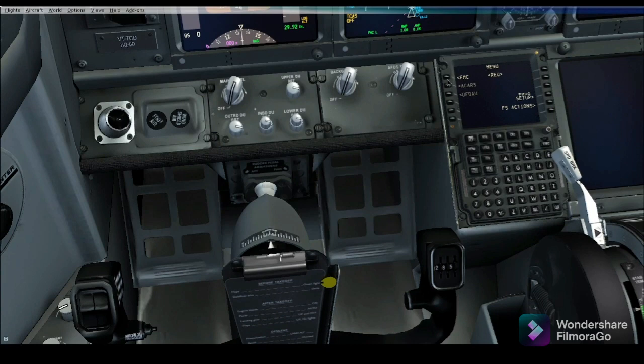Now I will show you the FMC, one of the most important parts of the aircraft. On this part the aircraft is run. We are now at the VABB airport, Mumbai International Airport. We are going to Delhi. Our Delhi code is VIDP.